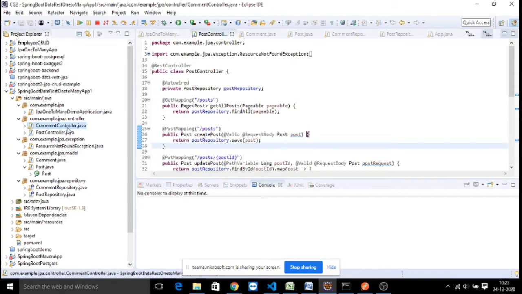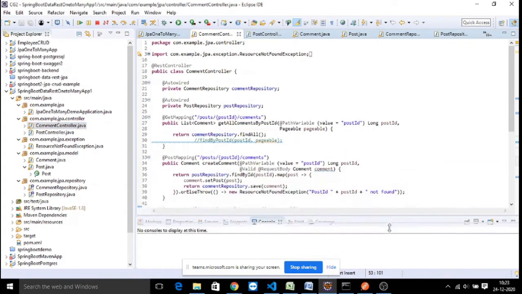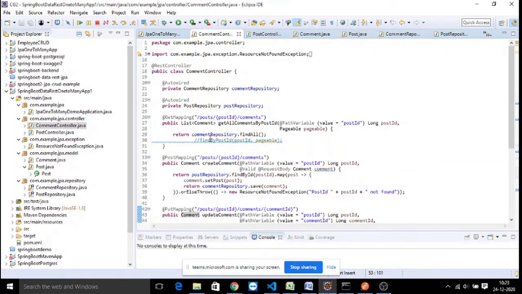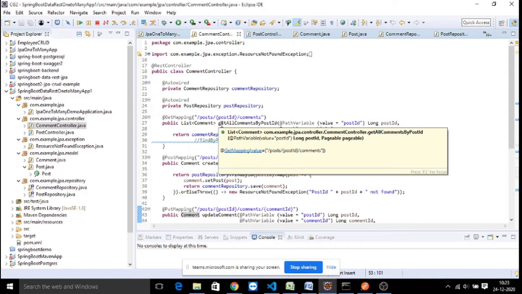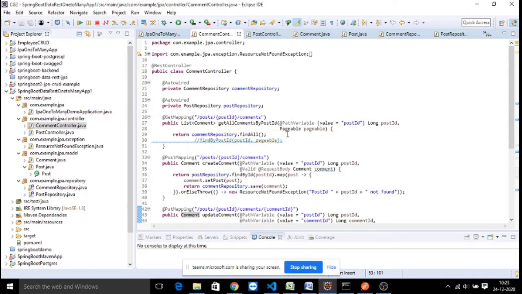Coming to the comment controller, whenever you add a comment for a post, it has to first check the post id for which the comment should be added, and the content or text of the comment. So we always have to provide the required parameters: post id, then comments.